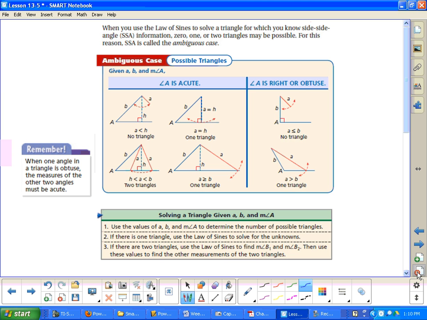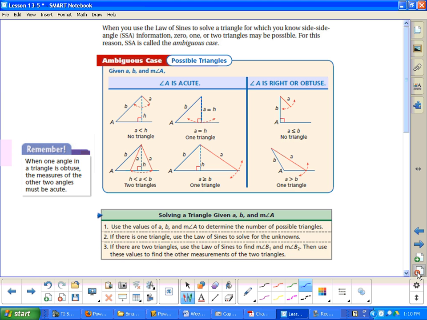So if you look down here in this bottom left corner of this chart, okay, it actually shows 2 possible triangles that you could have. So we have a couple of different situations. One is if the angle A is acute. If it's acute and A is less than H, there's no triangle. All right? And H refers to the height of the triangle, or what's called the altitude of the triangle. Okay? The highest point